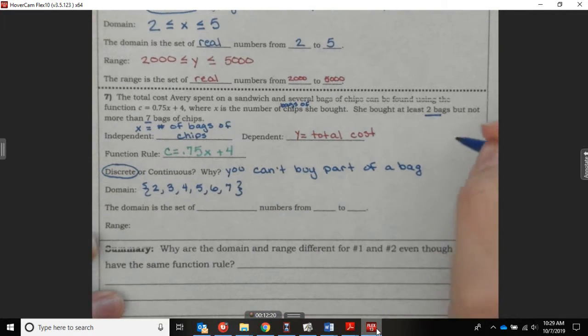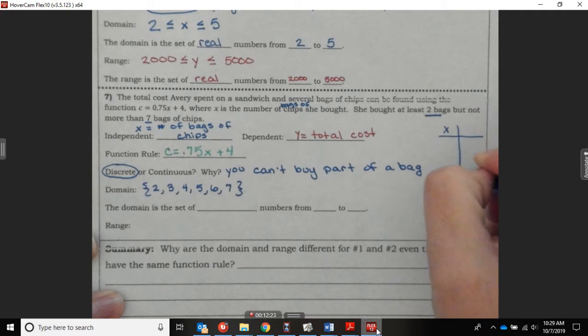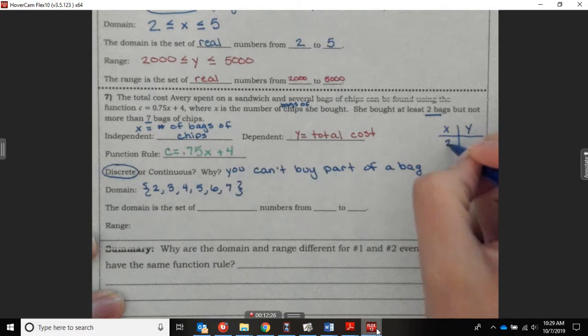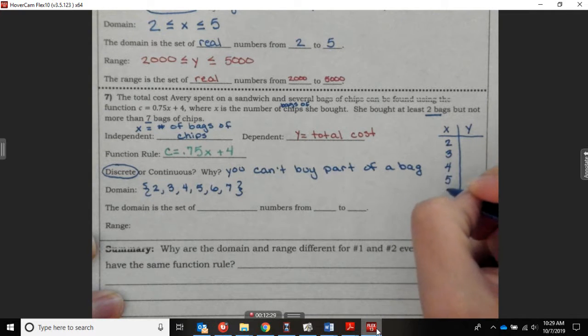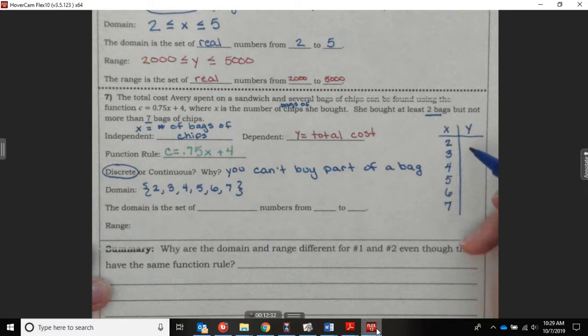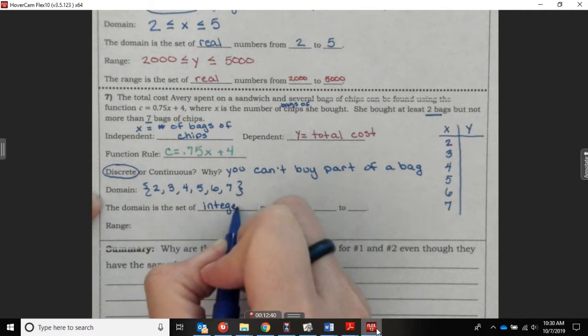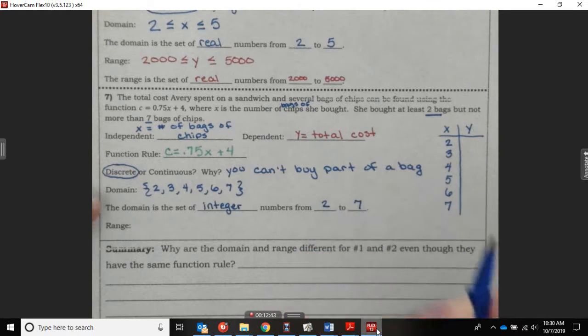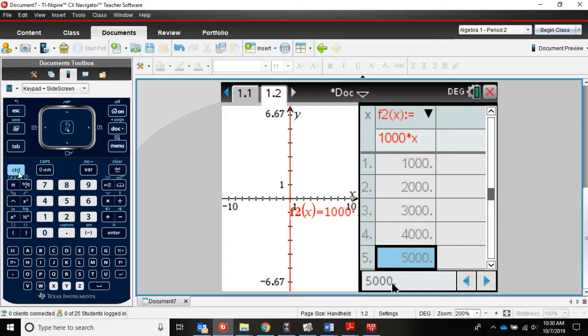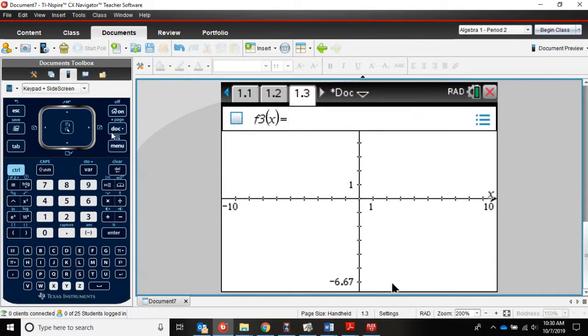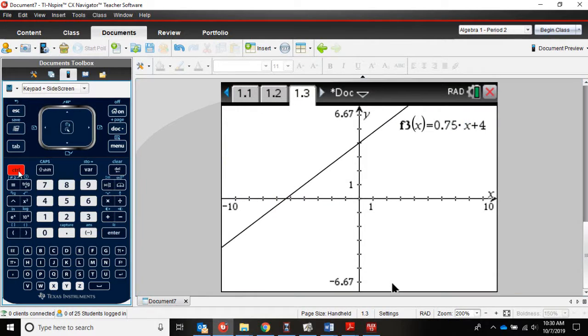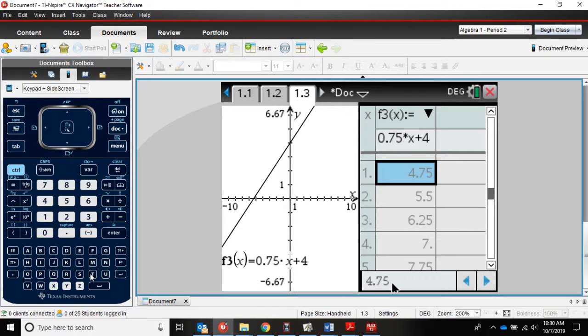I could also make an X, Y table, which might be helpful later on. 2, 3, 4, 5, 6, and 7. And so I need to figure out these Y values in order to write out my range. And before we do that, it says the domain is a set of integer numbers from 2 to 7. Integer meaning I can't have decimals. So now if I go to my calculator and I type it in, so Control Doc adds a new graph page, and it's 0.75x plus 4. And I go to my table, Control T,